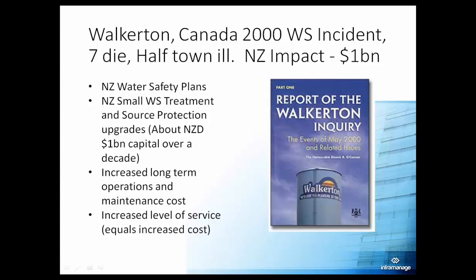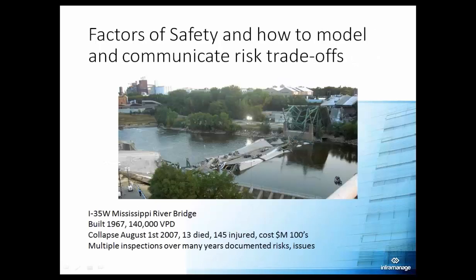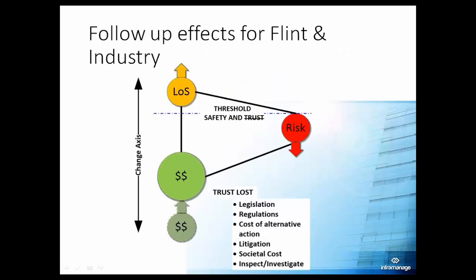And just a couple of follow-up points. I just saw a news story the other day about Flint and this whole idea of losing the trust. EPA came out recently, or maybe it was a state agency, I'm not sure which, and said the water's safe to drink as long as you have these filters in place. But when they interviewed the residents up there, none of them that they interviewed were willing to drink the water because the trust, as Ross was mentioning, is gone. They don't trust when the agencies say it's okay. The trust has been lost, and they're not willing to accept that. So the trust is gone.